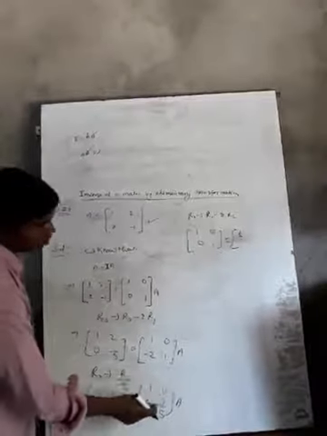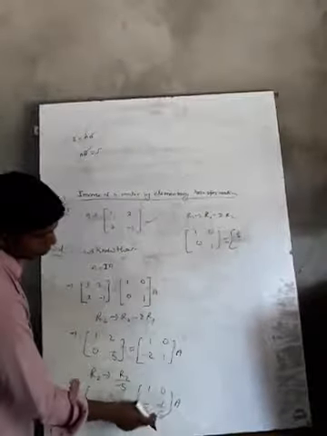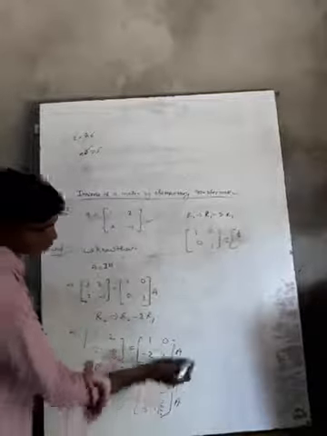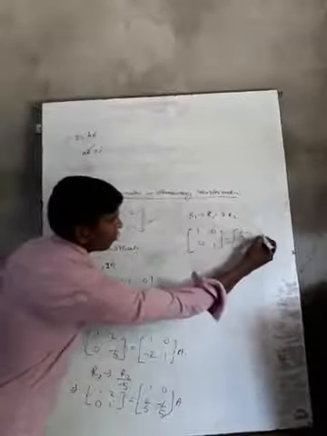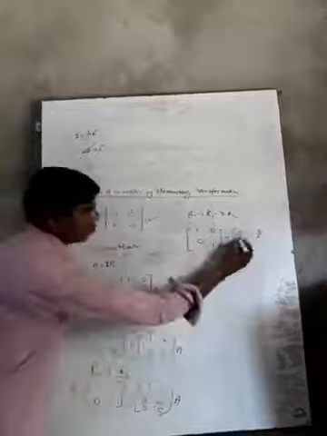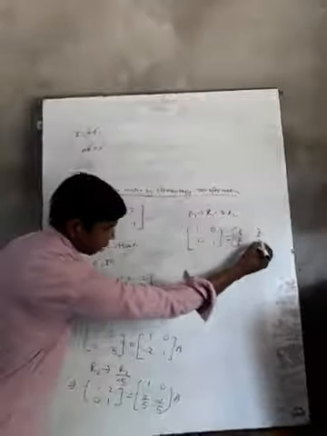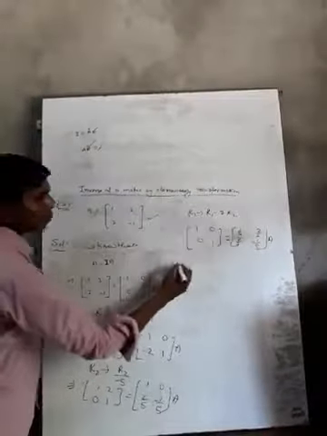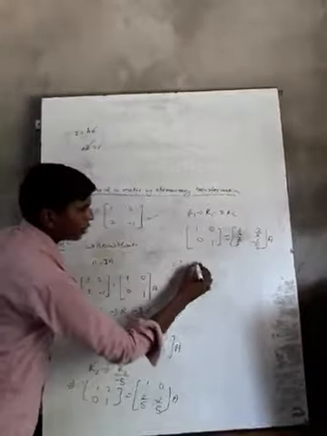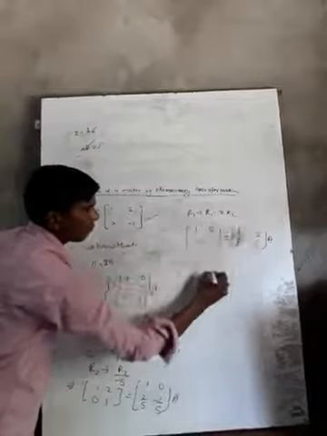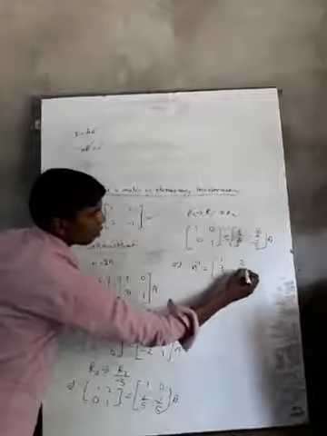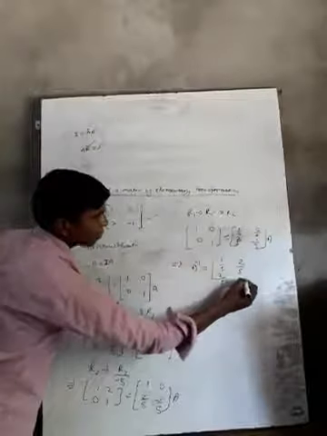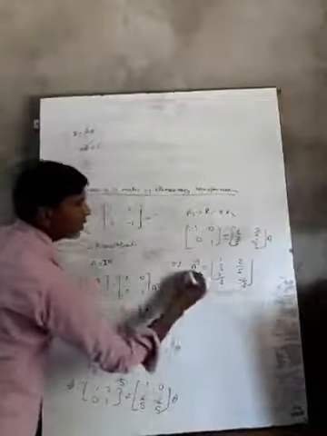0, minus 2/5, so plus 2/5, so 0 plus 2/5, it will be 2/5. R2 will be the same, 2/5 minus 1/5 and A. In this way we got here the identity matrix. This implies we can say that A inverse is equal to this matrix: 1/5, 2/5, 2/5, minus 1/5. So this is the inverse of matrix A.